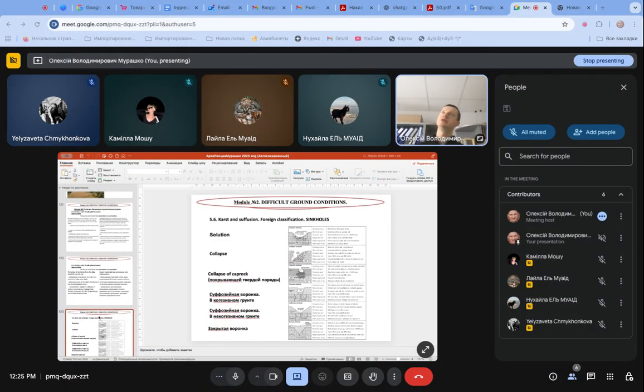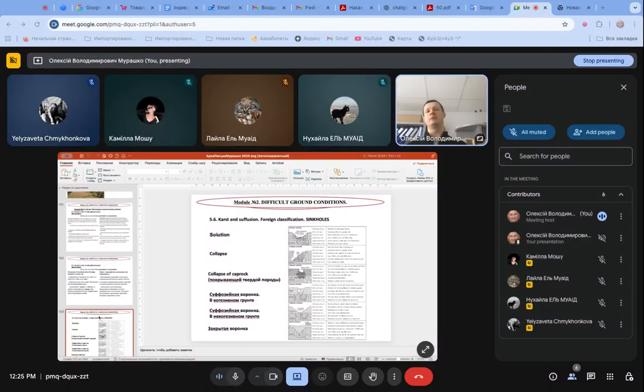Next difficult ground conditions, we usually consider them in pair. The first of them is karst, and the second of them is subversion. When we are talking about those difficult ground conditions, we have to understand that both of them have the same effect on the surface. It leads to sinkholes, both of them connected with the water. But the main difference between karst and subversion is caused by the structure of the soils where that water